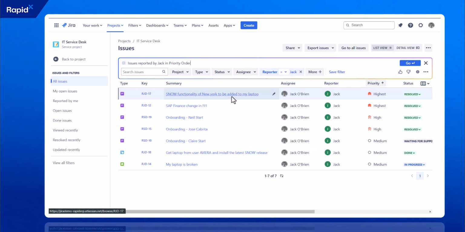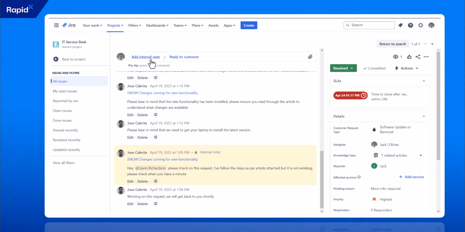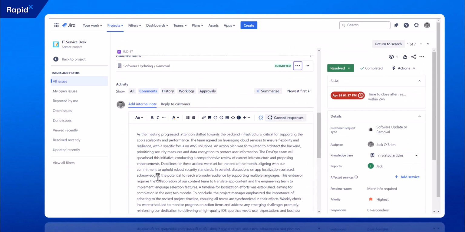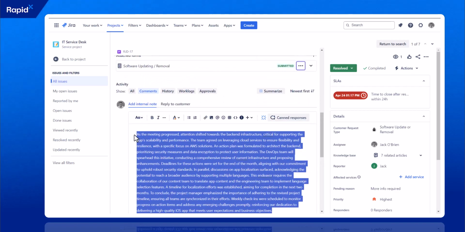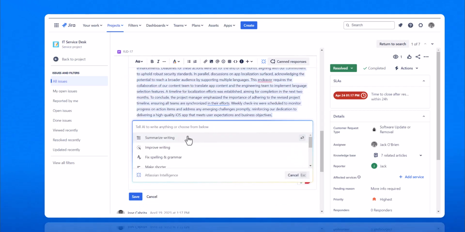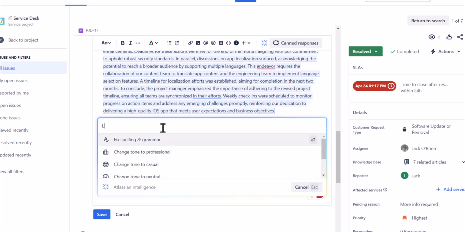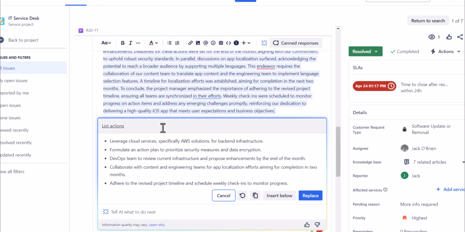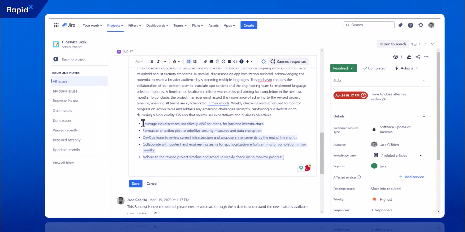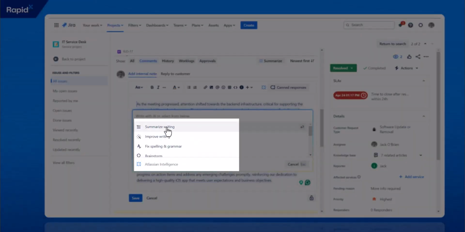Secondly, once notes from a meeting are captured, it would then be up to the project manager to trawl through those notes and pull out the tangible actions. With Atlassian AI, you can now ask the AI to pull out the actions and list them for you, saving time for the project manager and creating those important subtasks much more efficiently. This is just one of many commands you can ask of Atlassian AI,